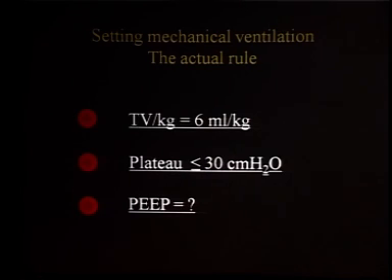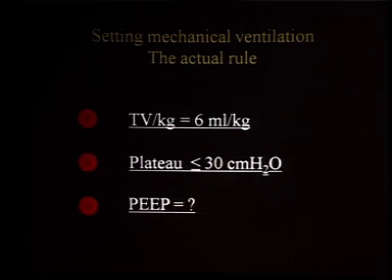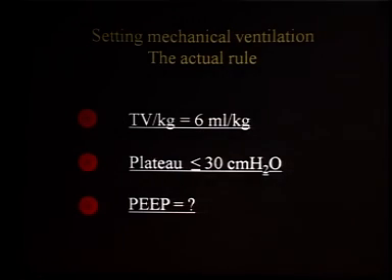Basically it comes from an editorial that Mark Tobin wrote associated to the ARDSNet paper in the New England Journal of Medicine. There is not really scientific proof of this magic number, but it has been accepted because it's reasonable and is very close to the plateau pressure at which the lung expansion is close to the total lung capacity,